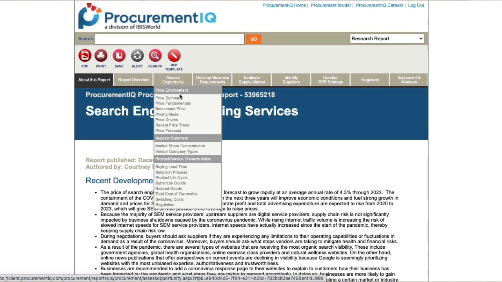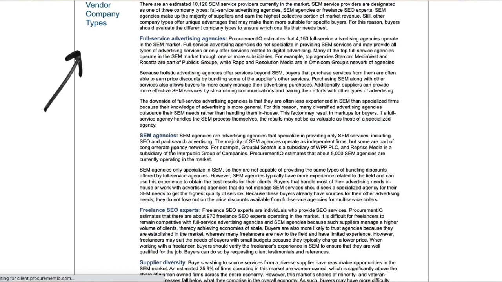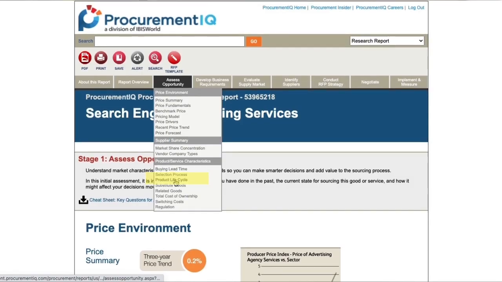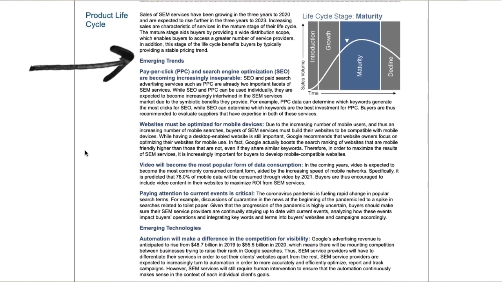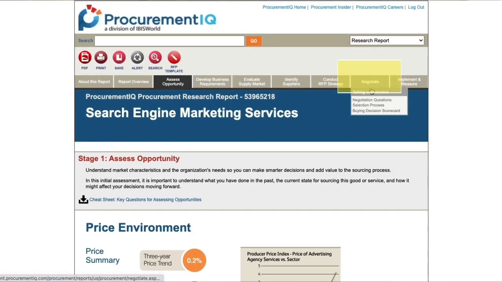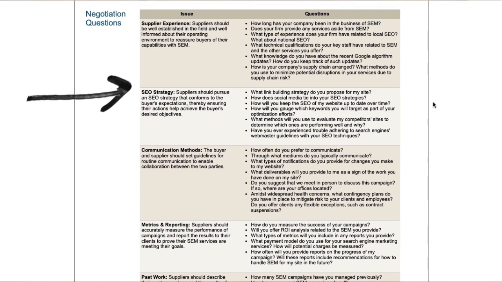On the Assess Opportunity tab, see the sections on vendor company types and Emerging Trends under Product Lifecycle to understand various options.